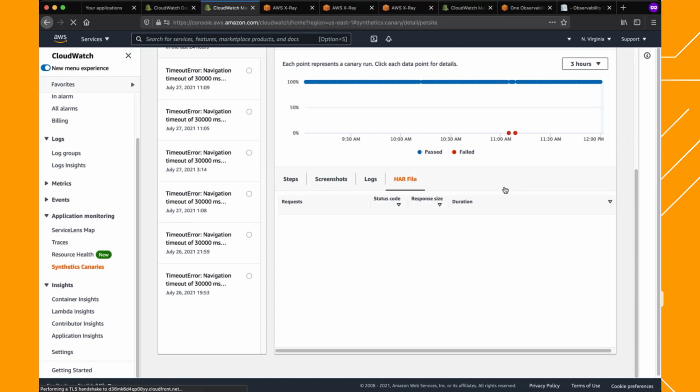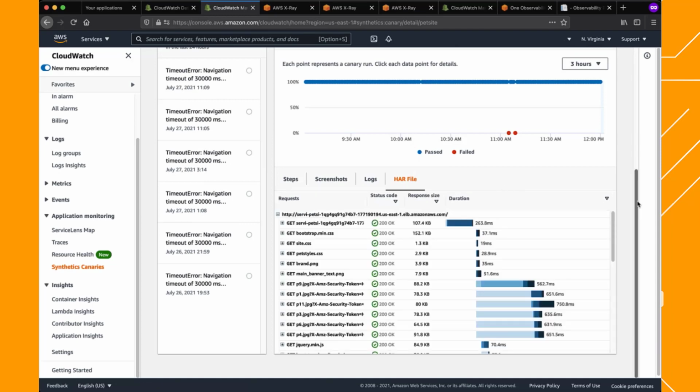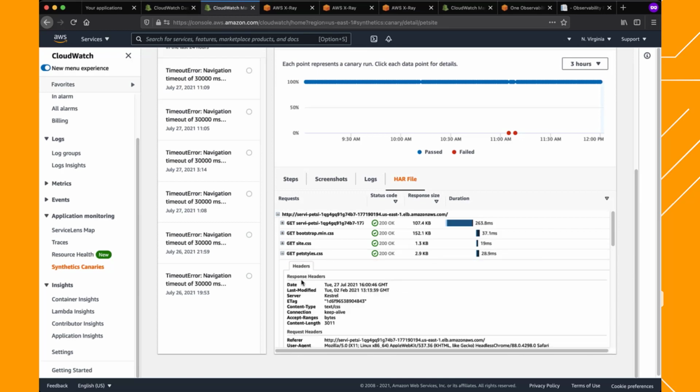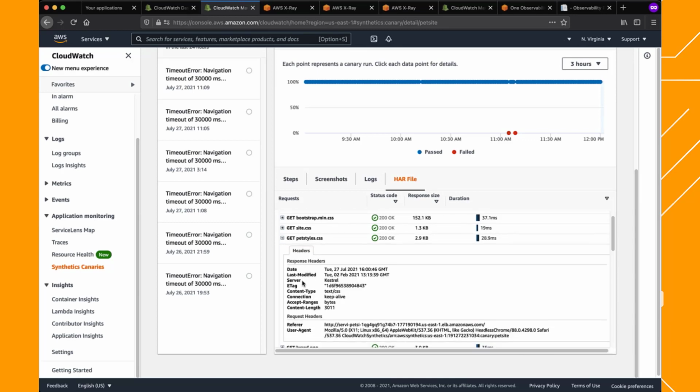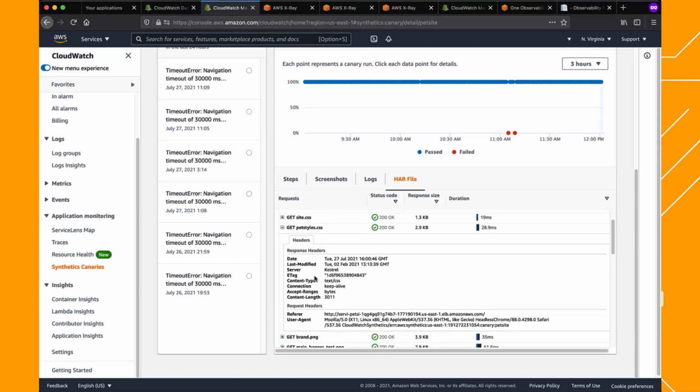But very, very interestingly, we can see how long it took to pull every element from that web page and display it on the virtual browser that captured the actual screenshot itself. So here we'll see the various CSS objects took 19 or 29 milliseconds to actually draw,